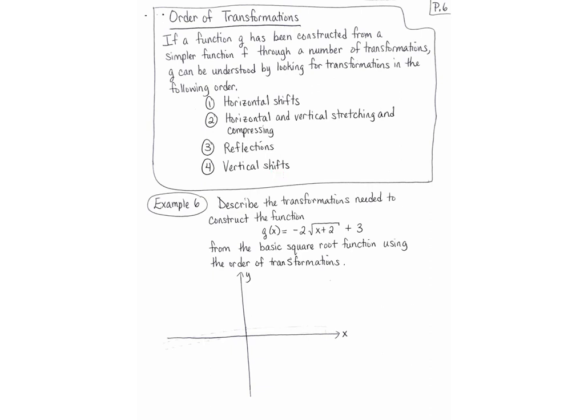So take a minute, pause your video, and do example 6. Example 6 says, describe the transformations needed to construct the function g of x equals -2 times the square root of x plus 2, all of that plus 3, from the basic square root function using the order of transformations. Okay, so remember